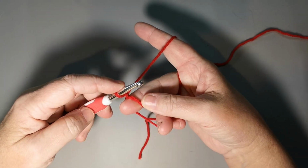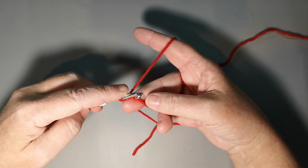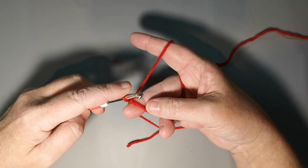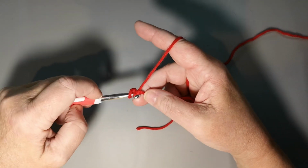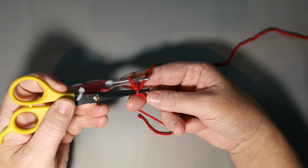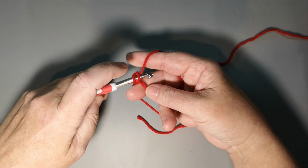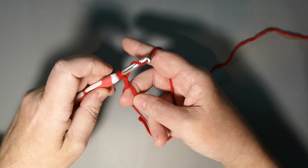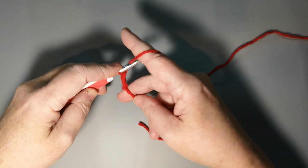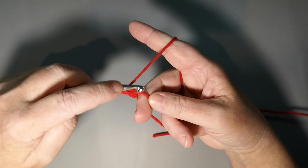Okay, and we're going to start with a stacked single to do our first double crochet, and then we need a total of 8 double crochets into the magic circle, including the stacked single. So pull up a loop, do a single crochet, then you want to go under that leg of your crochet stitch, pull up a loop, you've got 2 on it, and there's the second single crochet stacked on top of the first. Okay, now we're just going to do 7 more double crochets into the magic ring,